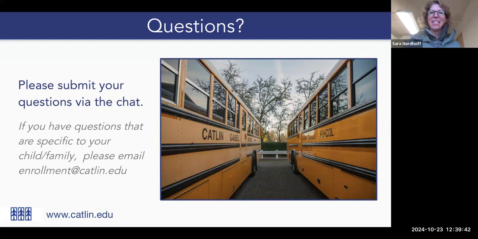Great, thanks, Ellen. This is a question about school records. If they are not in English, are parents responsible for translating the records? And Maribeth just reminded us of the answer to that. So it is the case that families are responsible for the translation of school records, and there's more detail on the school records submission form about that. So our recommendation would be to start there. And then, as we've said for a number of these things, if you still have questions about how that works, please don't hesitate to reach out to us and we can clarify further.